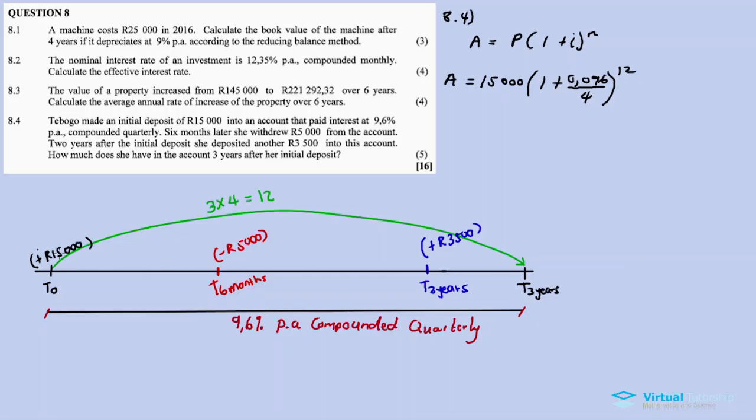The 15,000 rand yohlala in this account for a period of 3 years, right? And then subtract the 5,000 rand 6 months later. So 5,000 rand in bracket 1 plus 0.096 divided by 4 raised to exponent 10. So from T0 to 6 months